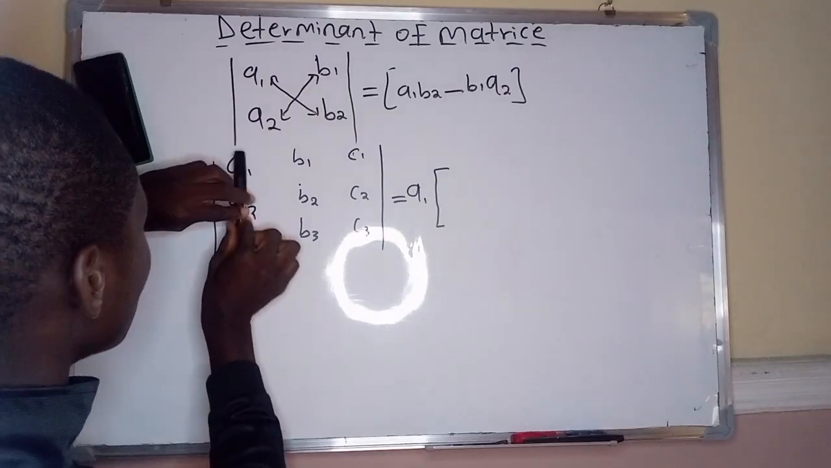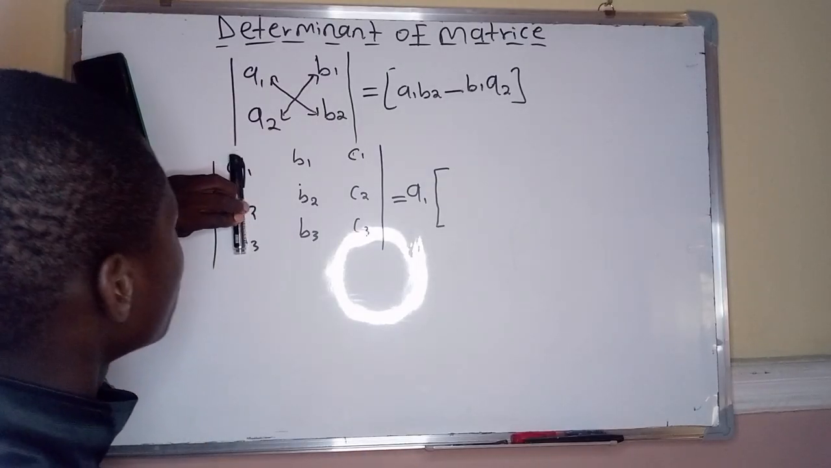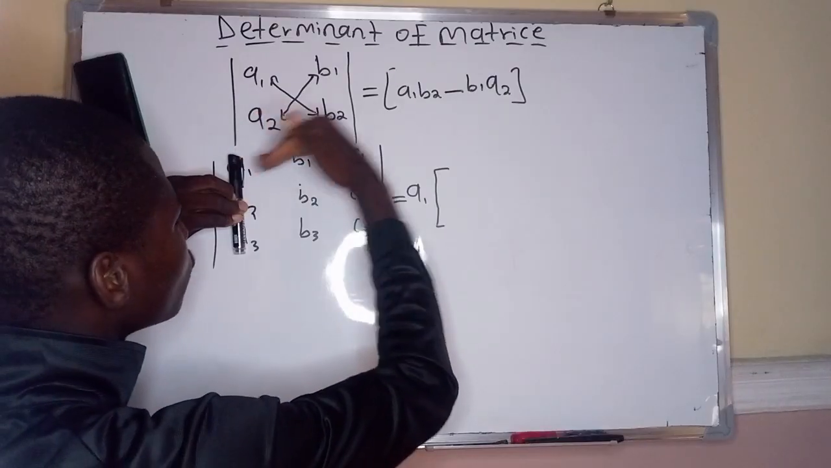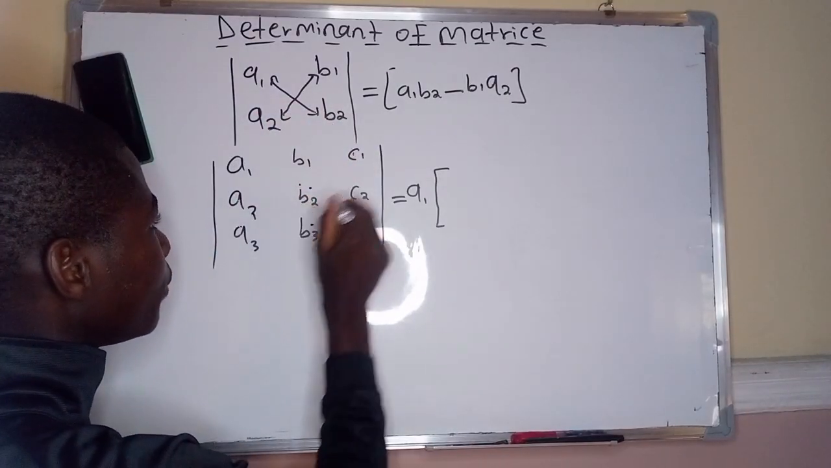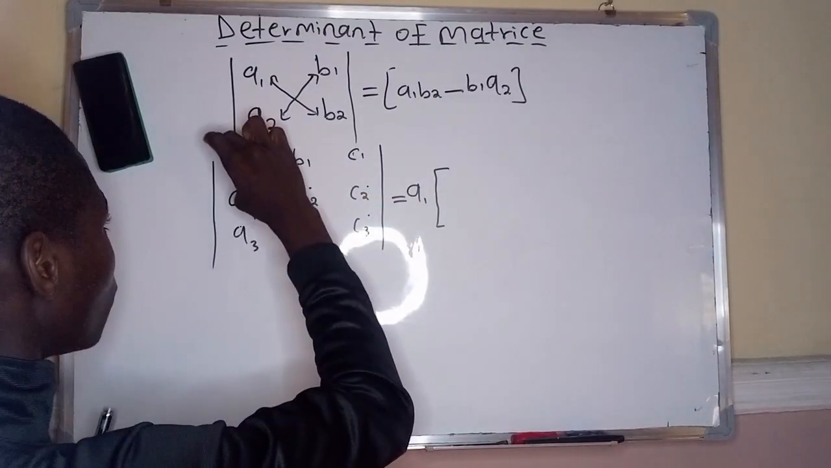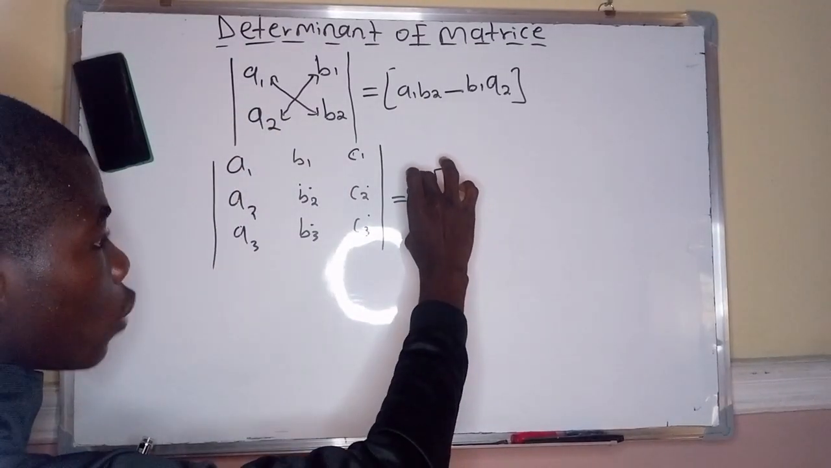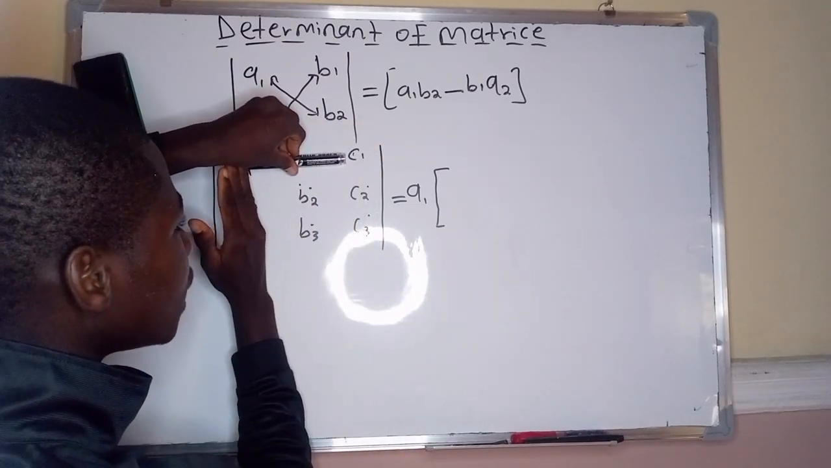We delete the first row and the first column. So we are left with B2, B3, C2, and C3. But you have to multiply them with this value of A1. So you delete this and you delete this, and you are left with